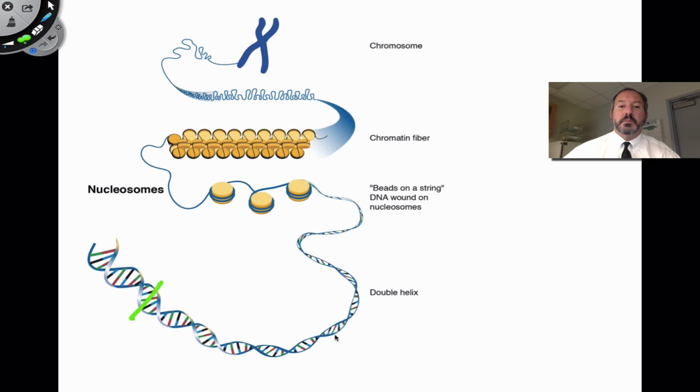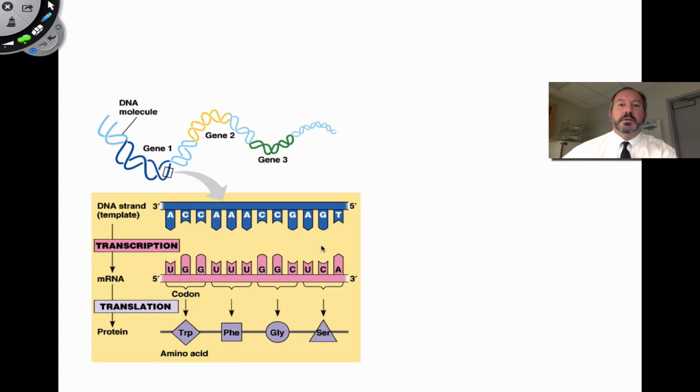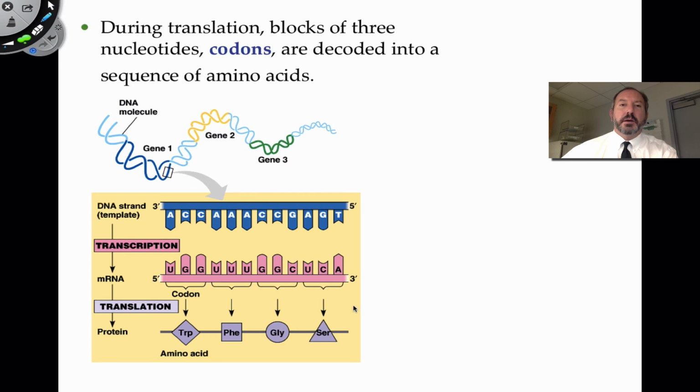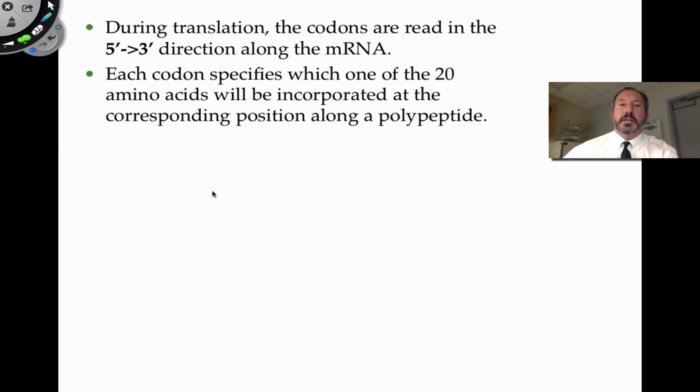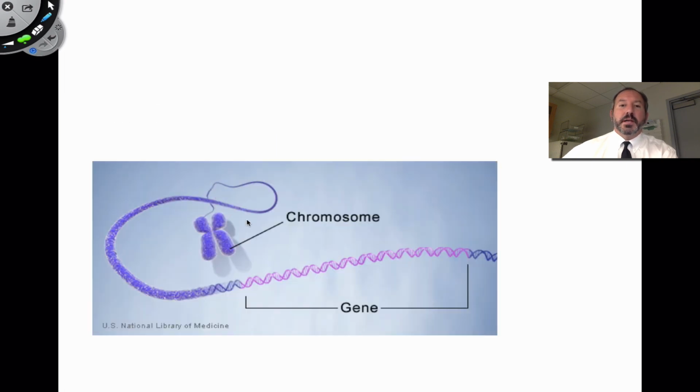And so what we were talking about is a gene right here, which is a sequence of DNA that codes for a polypeptide. And again, this is what we're talking about. The gene is up here, and then it codes into a polypeptide. And so during translation, groups of 3 code for the sequence of amino acids. And so as I was emphasizing before, translation is read from the 5' direction to the 3' direction. That's important, or else you'd be spelling it backwards.